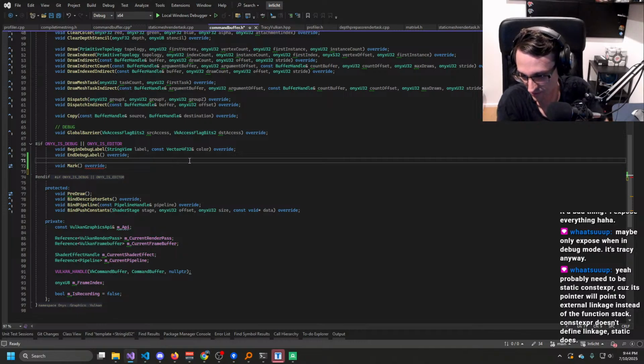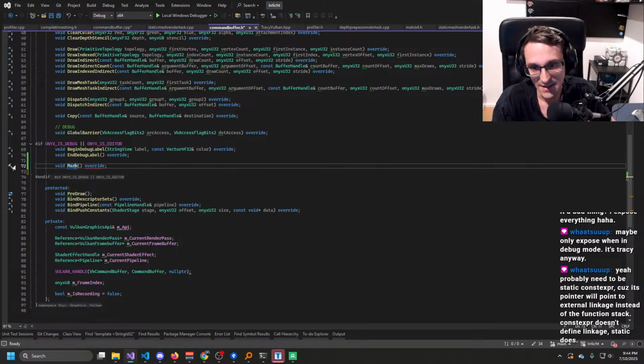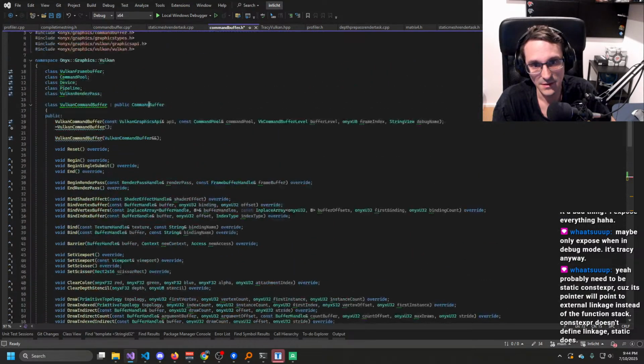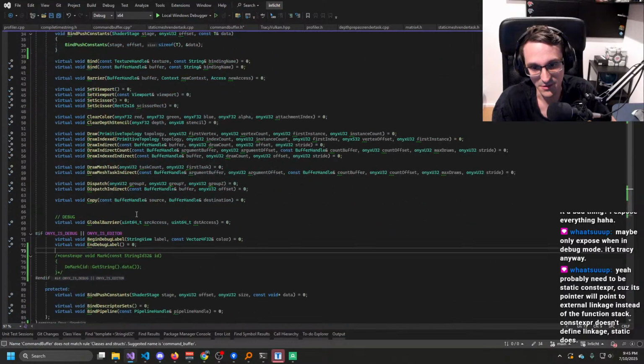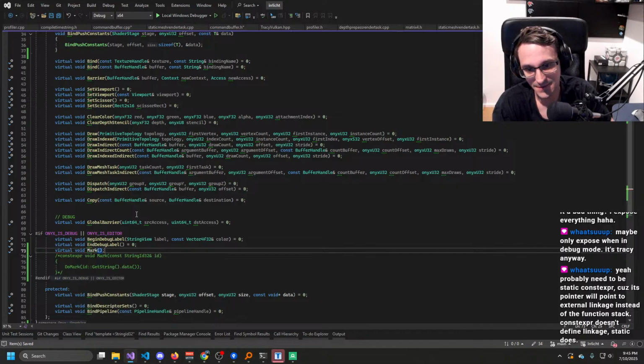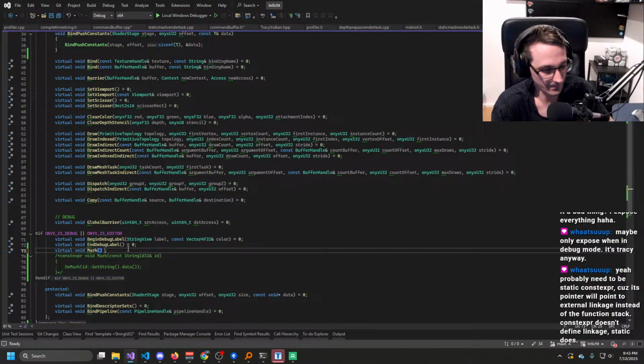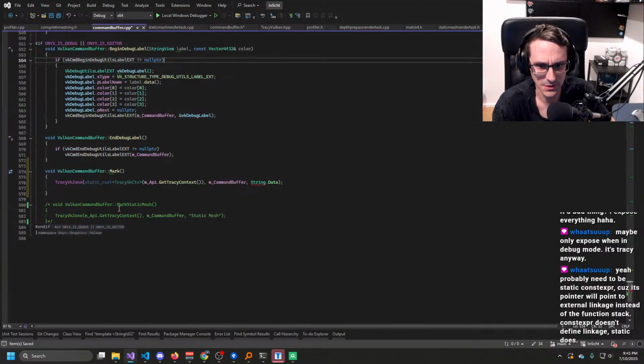Yeah, probably needs to be static const export because it points to external linkage instead of the function stack. Yeah, I mean, yes. Yes, but this is my thing. The question is, can I somehow trick it? That is basically the thing that I would be interested in, but I will first try the other thing, which is